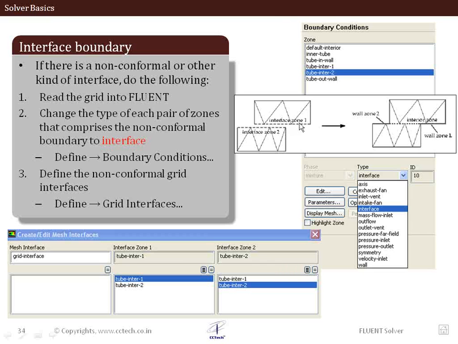So these are the three steps that we follow for creating such non-conformal interfaces. We first of all read the grid into Fluent. Once we have read it, the different zone types, zone names are available in the boundary conditions panel. We change the boundary type of these zones to interface. We say OK. Once we are done here, then we go to the define grid interface panel, which is also